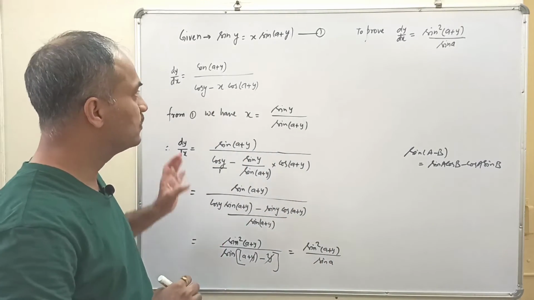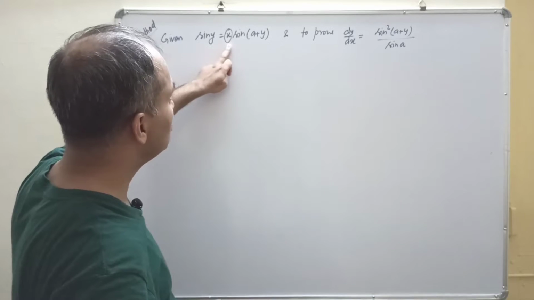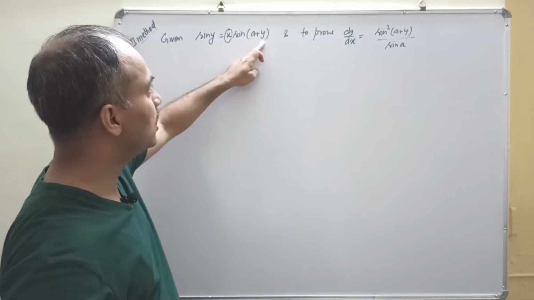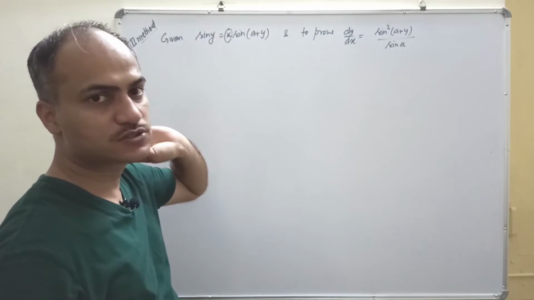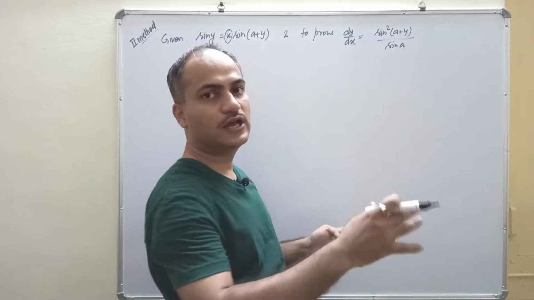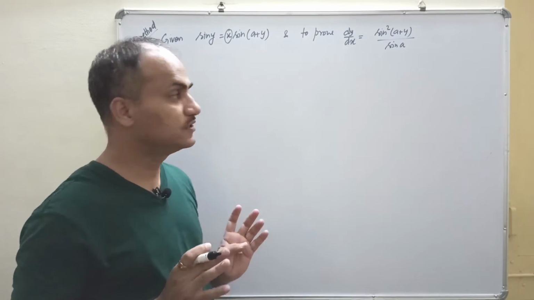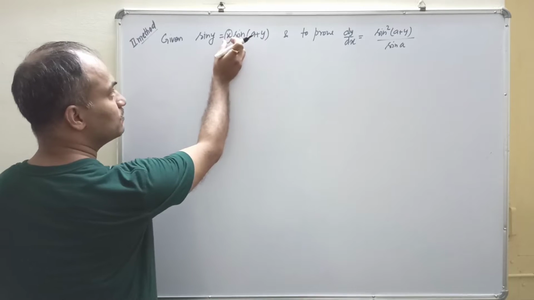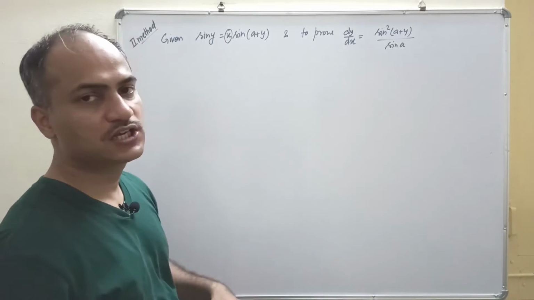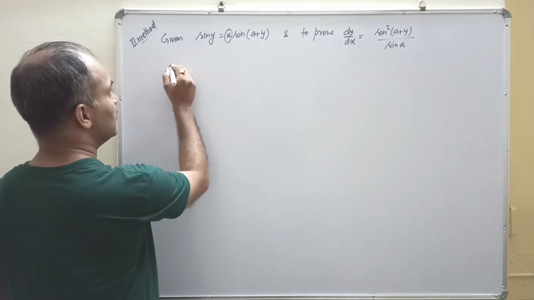For proving this we have discussed only one method so far. Now discuss the second method for proving this. See that only one variable x is here, and rest all the terms are of either variable y or constant terms. And whatever we have to prove, dy upon dx, here no term of x is there. It means anyhow we have to get rid of this term x. So if we try to isolate this term and differentiate, easily x to the power 1 is eliminated. Fine. So let us see that.